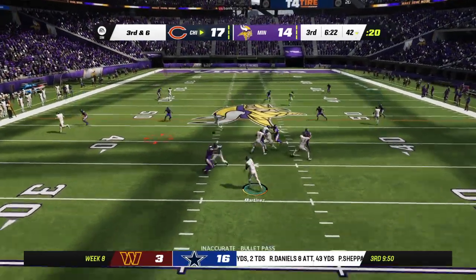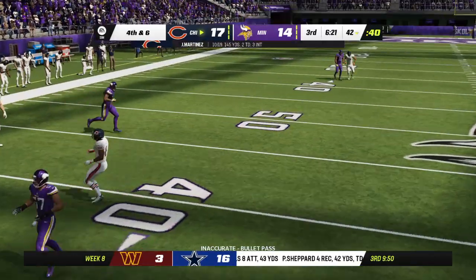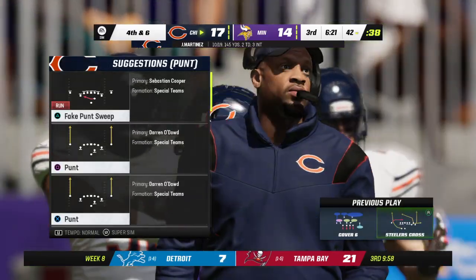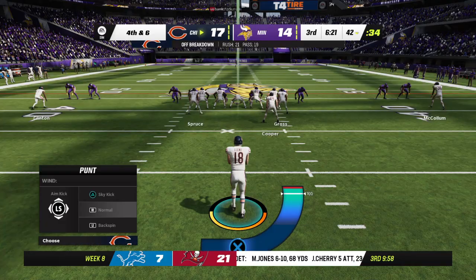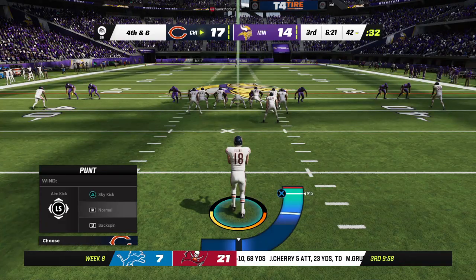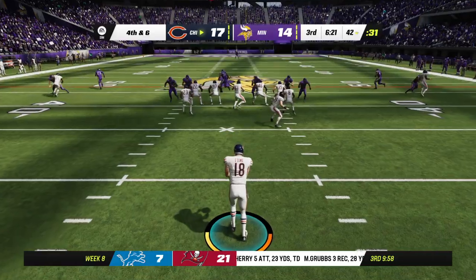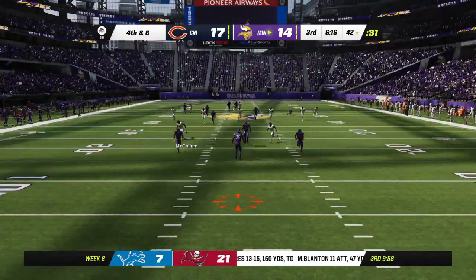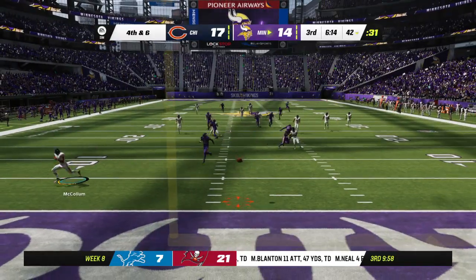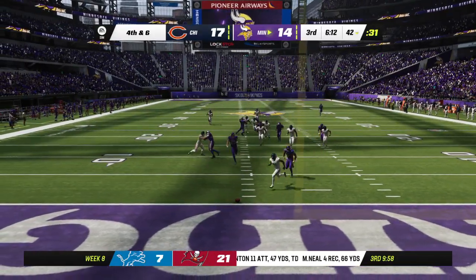Here's Martinez on 3rd down. A bullet throw, but incomplete. And that's a really good job there defensively. They went into this possession knowing that they needed to get a stop. They're in a tight ball game, and they got it done. Great work to force the 3 and out. Got the football right back for their offense. They've got to go to the sidelines feeling pretty good about themselves and encouraging their offensive mates to get some